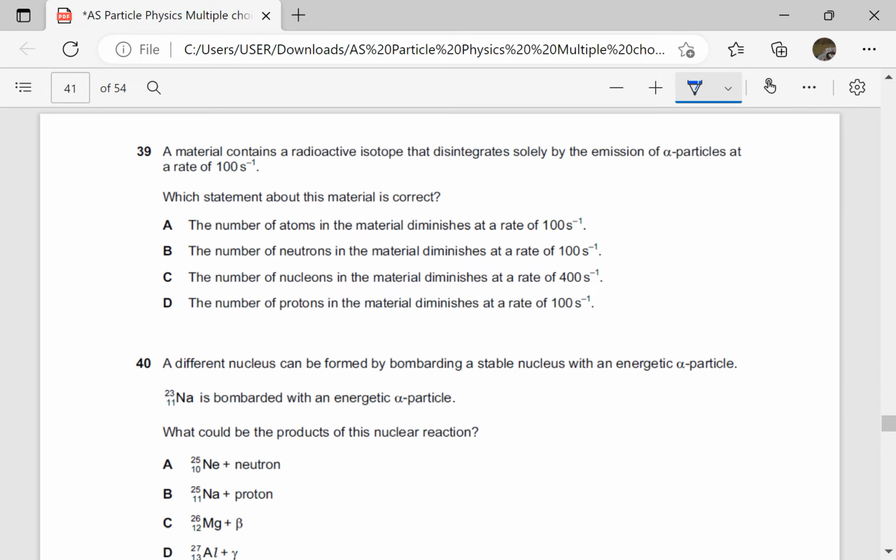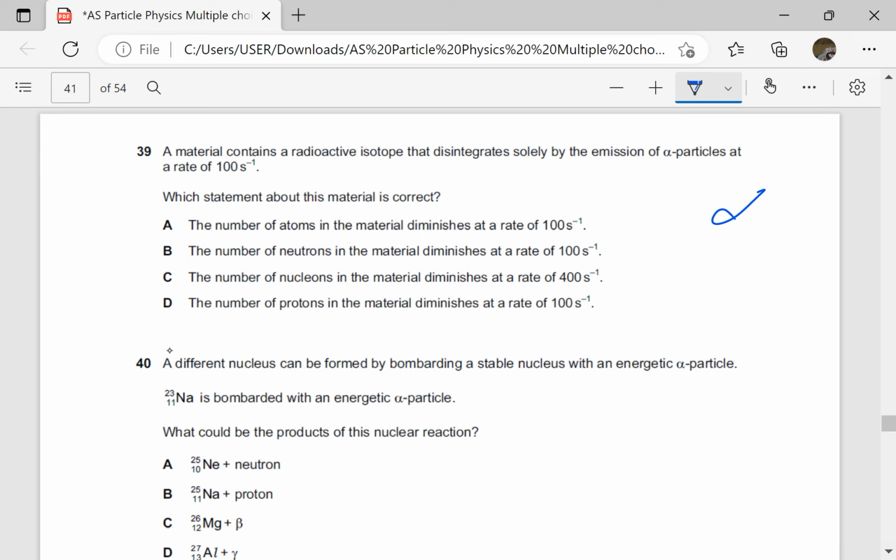A material contains a radioactive isotope that disintegrates solely by the emission of alpha particles at a rate of 100 per second. Which statement about this material is correct? We have answered this question. If it disintegrates solely by emission of alpha particles at a rate of 100 per second,